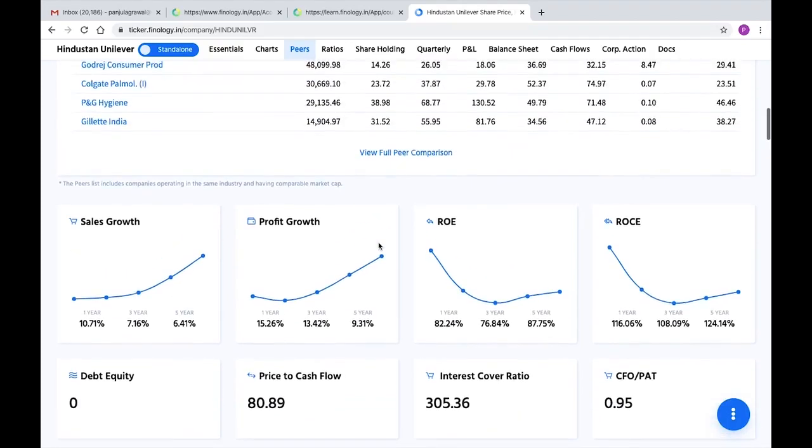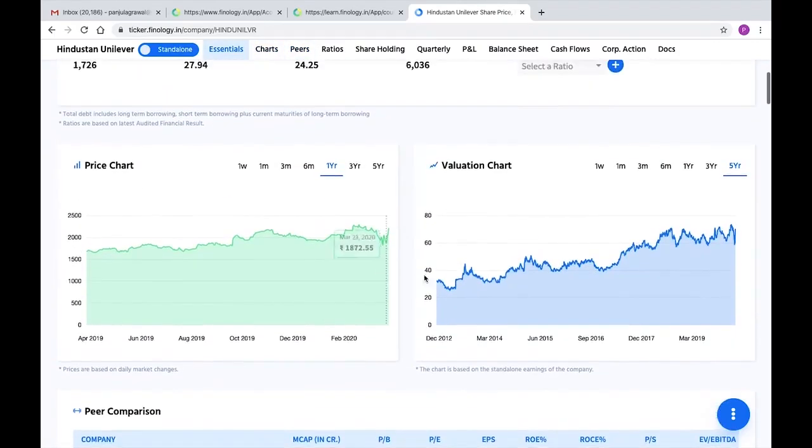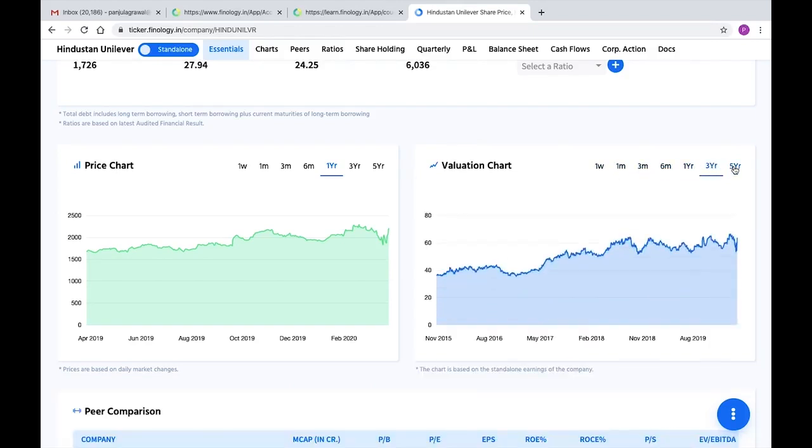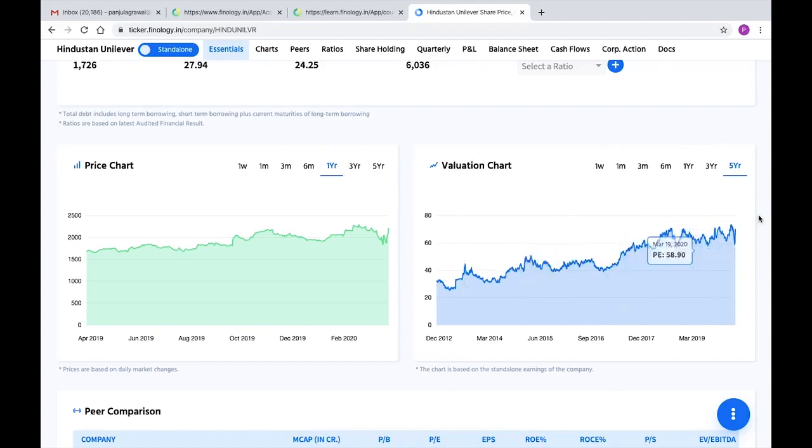Let us see what has been the historical PE of the company and analyze the trend. So we'll scroll up and find the valuation chart over here. It is available for various spans of time: 3 months, 6 months, 1 year, 3 years and 5 years. So when we see the valuation chart for more than 5 years, we see the different trends of PE. PE was around 31 in March 2014. It was around 39 in September 2016. In December, the PE stands at 55. Currently, when I am making the video, the PE is around 58. So here we get a brief idea that the company is being traded at a higher PE than it used to be in the past.